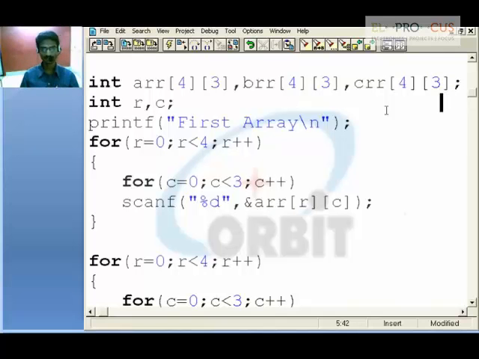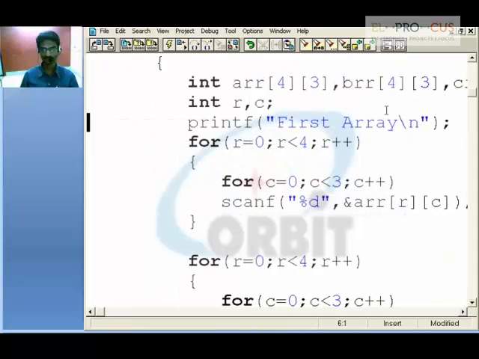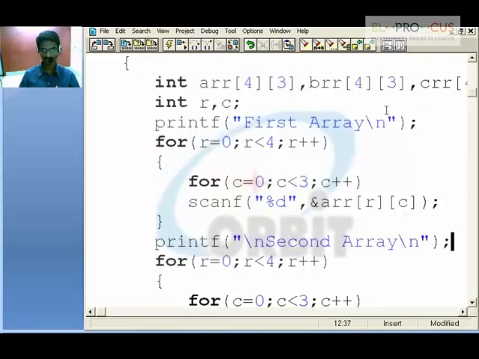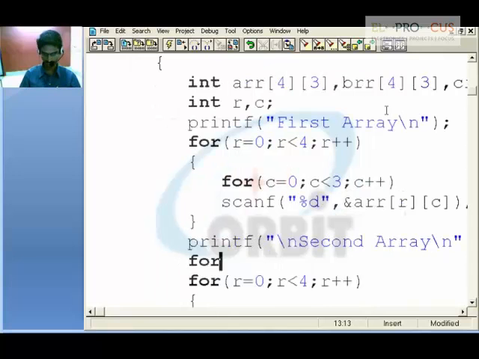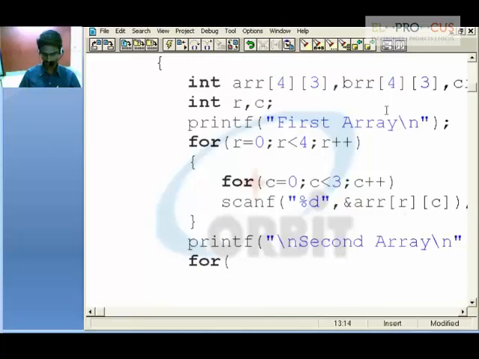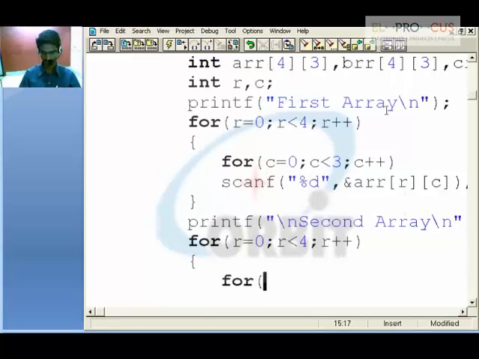So here I am receiving first array values. Likewise I'll ask the user for second array values, in which for r equal to 0 and r less than 4, r plus plus, and likewise for column equal to 0, column less than 3 and column plus plus.